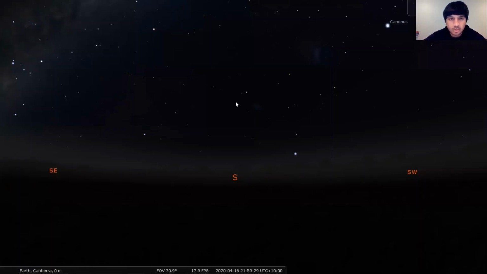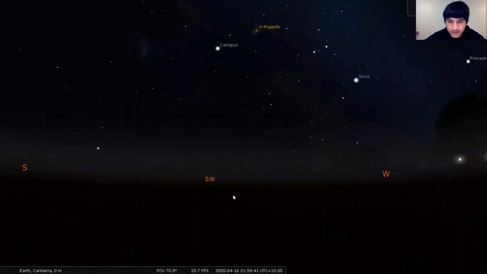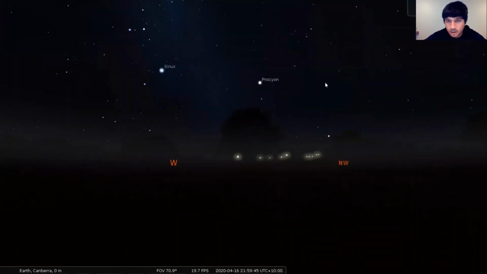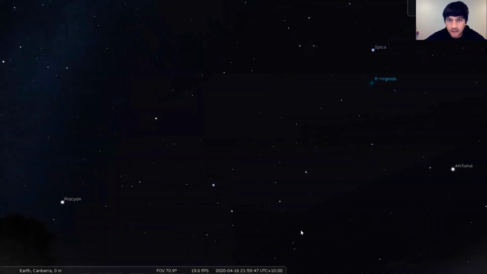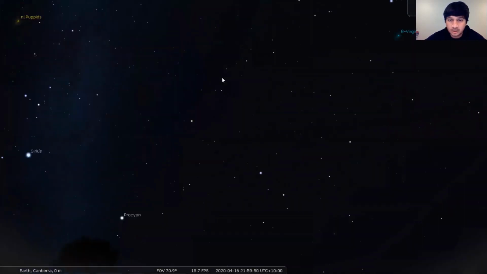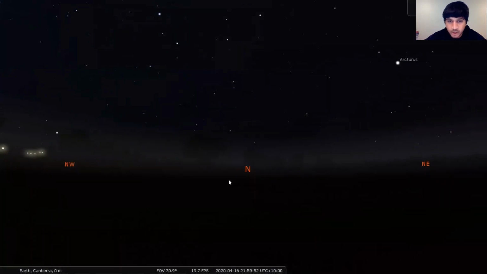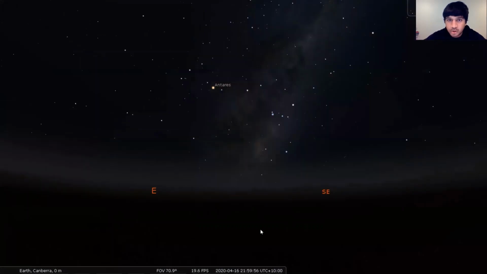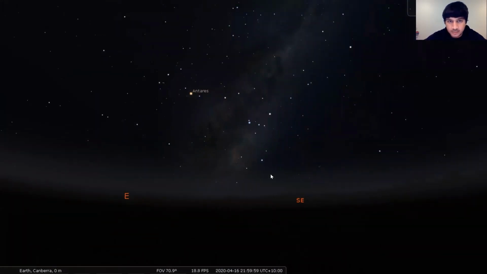Okay guys, so this is how Stellarium looks. When you open it, this is the interface. Along with stars, you will see that it also simulates the ground. So if you click and drag using your left click, you can pan around not just horizontally but also vertically, which is very important. It shows you directions. It shows you the Milky Way, the stars. It also gives you the names of the stars.